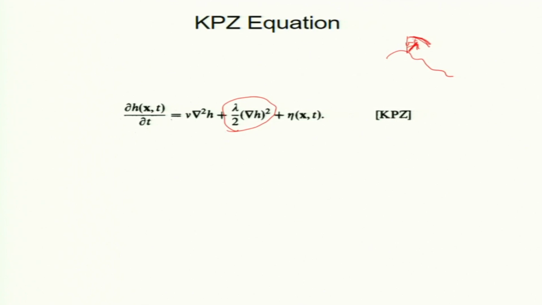Now, how many parameters did we get? There is nu, the viscosity which is from before, there is a nonlinear term with coefficient lambda, a prefactor, and there is the same noise we will use. There is a factor D, the noise correlation, which also comes into play. Now, the analysis of this equation, because of nonlinearity, is not easy, and we will use some field theory tools. One thing to keep in mind is that lambda is not renormalized.